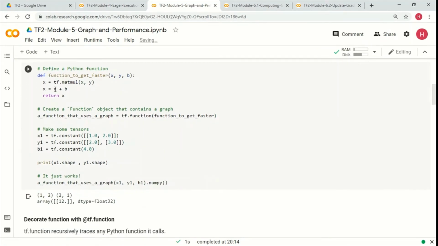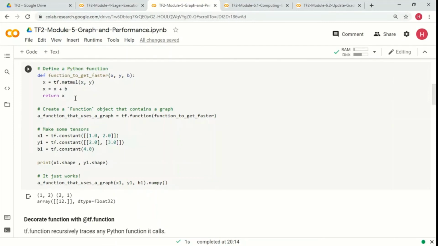Now here you see that there's a Python function which is defined, which has got x, y, and b, like 3 inputs, and we are just doing matrix multiplication of x and y, and then we are adding a bias to it and returning x. Now this is a Python function, right?